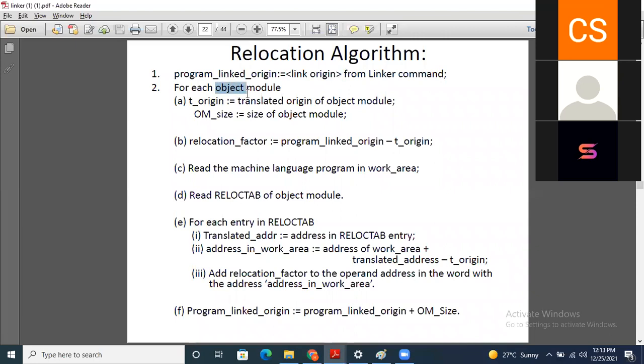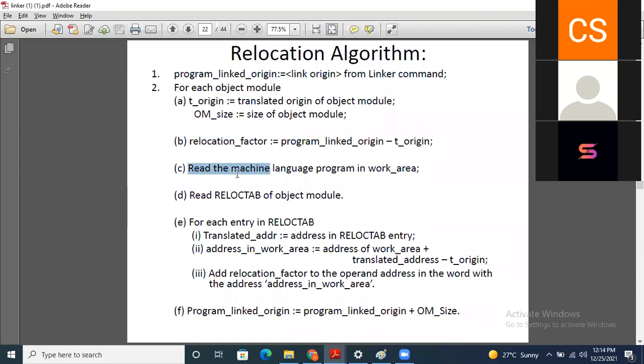When you start to read the object module, the program is starting from 500. So 500 will be your origin, and this origin we assign as the T origin. So for the T origin, the value we have is 500. And the OM size, that is the object module size, is 42. So the relocation factor is 400, because we have link origin 900 minus T origin 500.